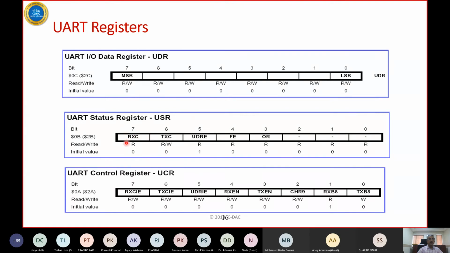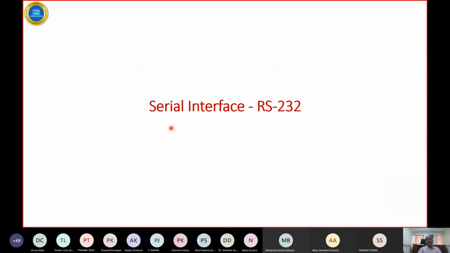What will it check? It will check whether RX is complete. Only then this register will be read. Those details you will find in the datasheet of the particular UART. So UART is good for sending data serially, and it is a peripheral that is present in most of the microcontrollers. And using these 3 registers, the programmer can send and receive data, if you are doing assembly language or C language programming, through which you are directly accessing the UART.